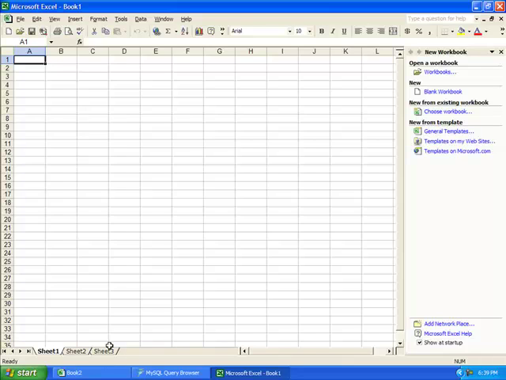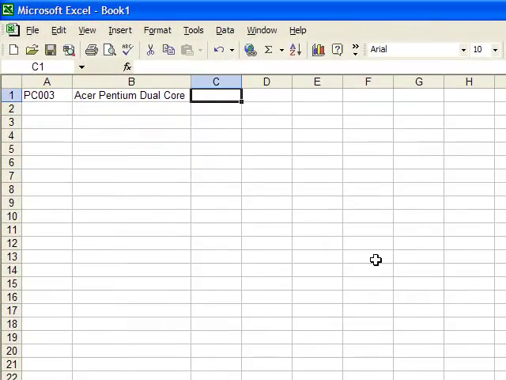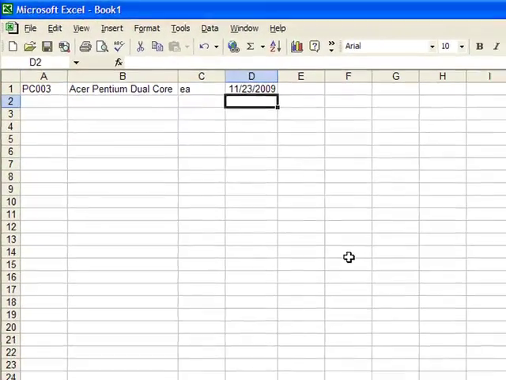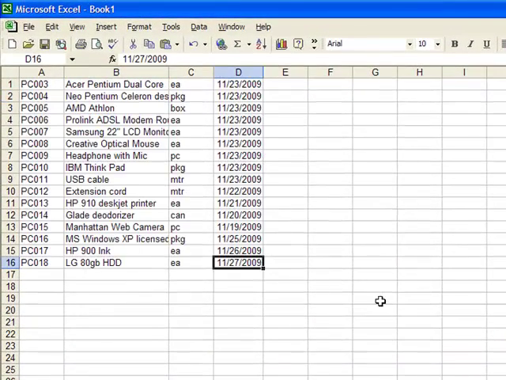Let us say I'm going to enter here our first data. We adjust it. So let us say that I already finished entering all the required data that we're going to upload.